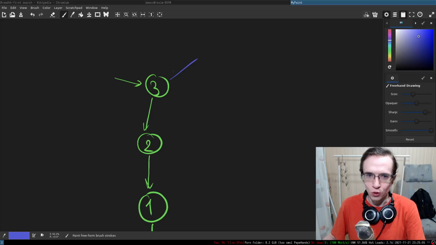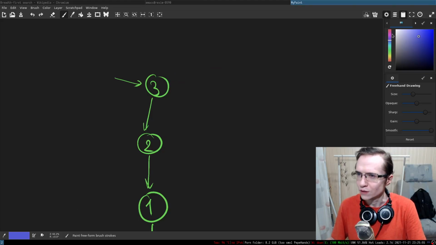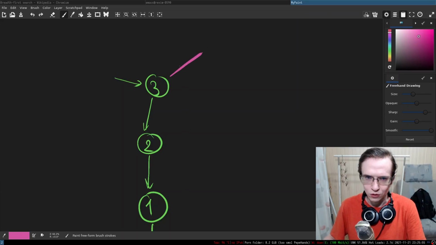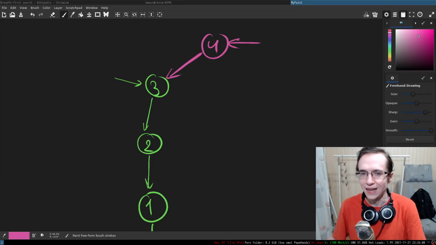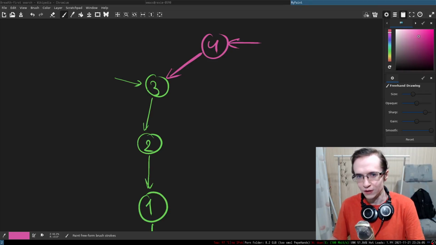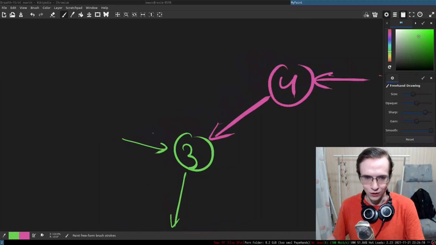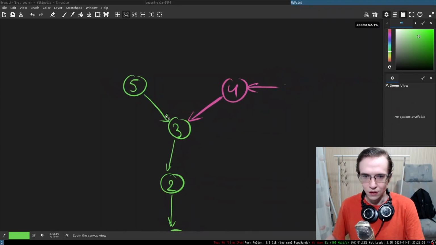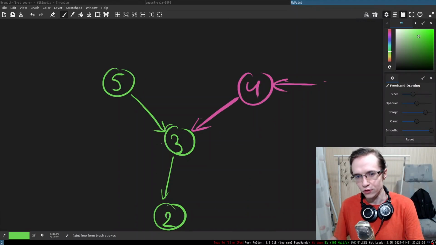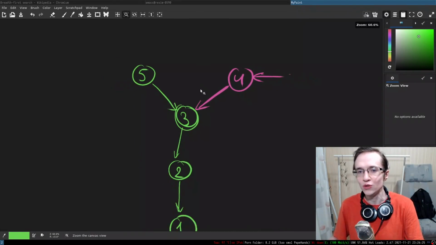And you put something like 4. Right, so maybe I want to choose a different color. Let's choose a red one or a pink one. So this is a 4, and you have 2 stacks in here. So one stack pointing here and another one pointing in here. Right, and then you decide that you want to put an element into the green stack. Right, in that case, you would do something like this. So this is going to be 5, and basically, you're gonna have this node that is shared between 2 stacks,